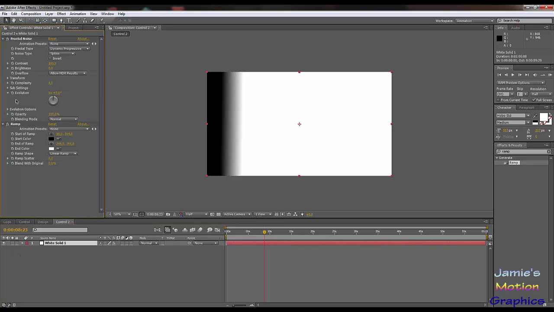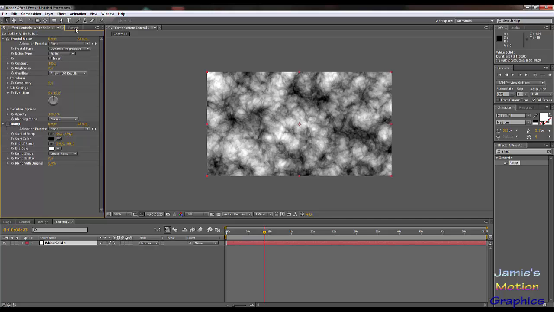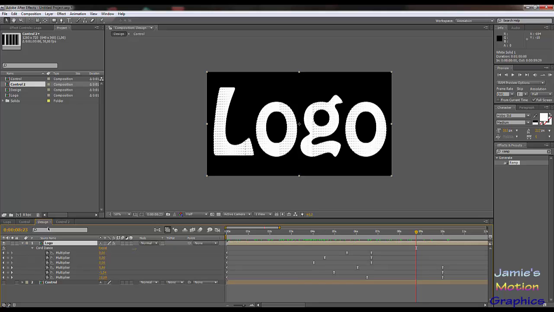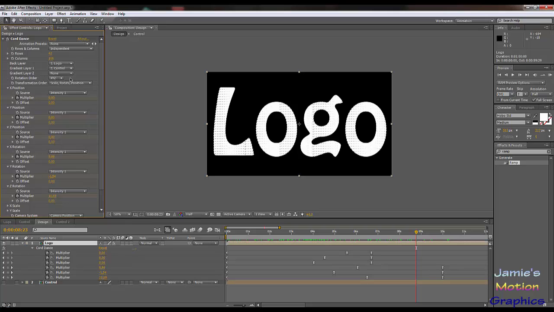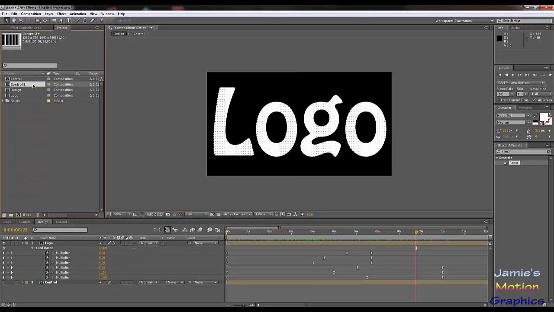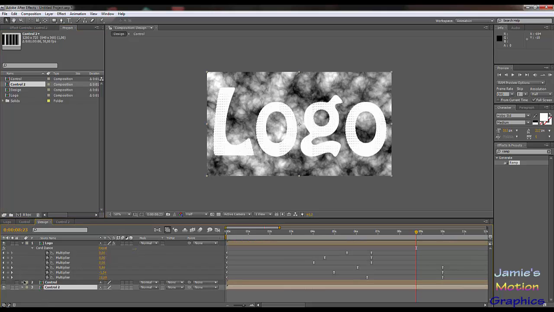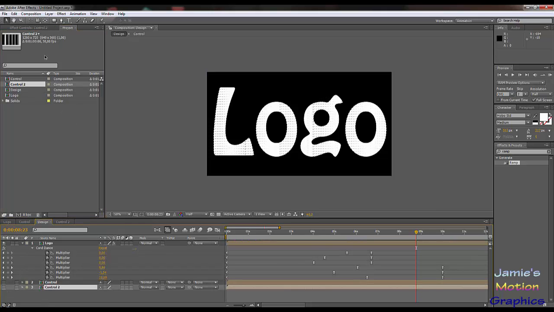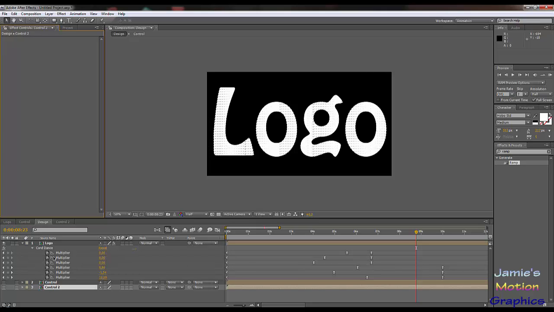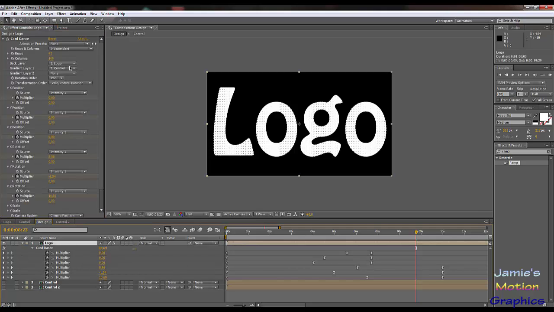And let's see, turn on the fractal noise again. And now we're going to go to our design. And yeah, I already told you you can do multiple things with the card dance thingy, multiple control layers. So instead of just telling you that, I can actually show you. So insert Control 2, obviously. And we're going to just go to the controls of the logo, and we're going to put Control 2 in